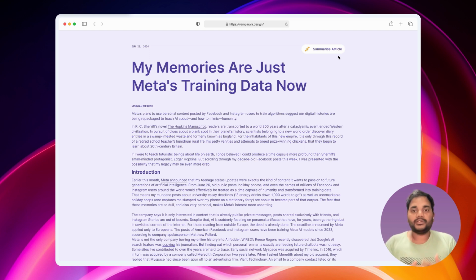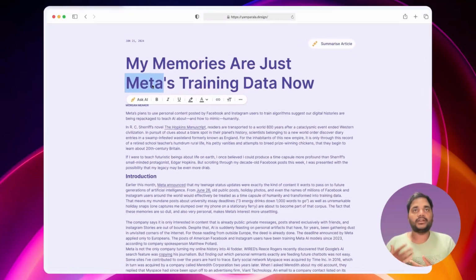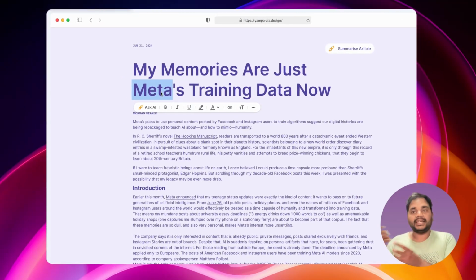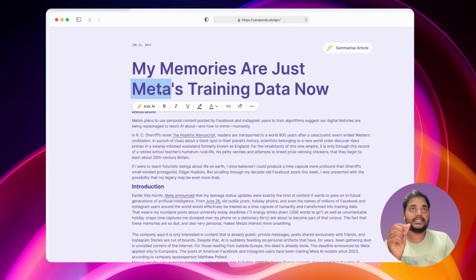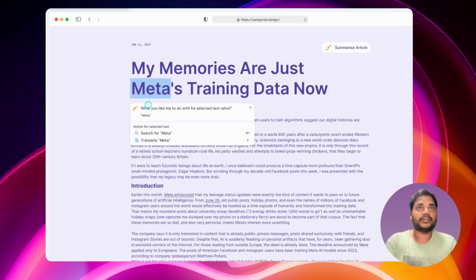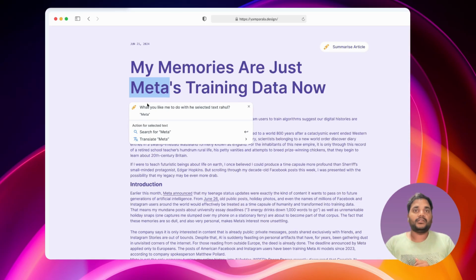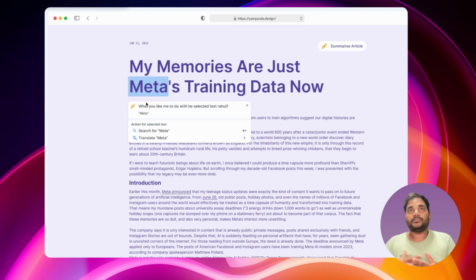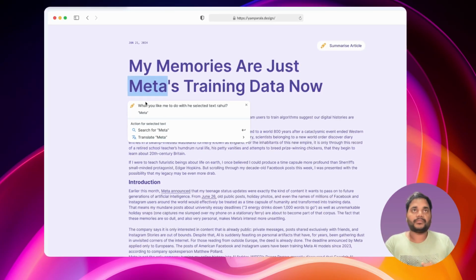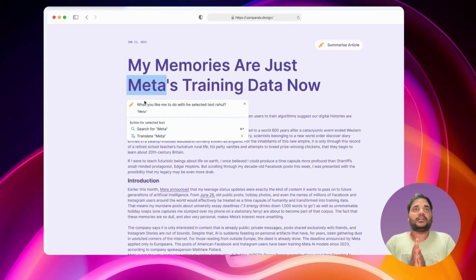For example, the first application that I designed differently is if a user selects only one particular text, this toolbar comes up, which has options to bold, italic, underline, and all the other editing tools that we generally see in Word documents. But there is another box you can see as Ask AI. When a user clicks on it, the AI is already aware of what text the user selected, which is a single word. Here we are taking Meta as an example. So the AI doesn't give us as many options as we generally see in other applications. Here, as it is aware, it just gave us two options: search for Meta, the text, and translate.